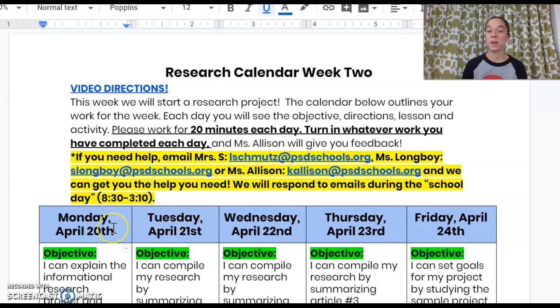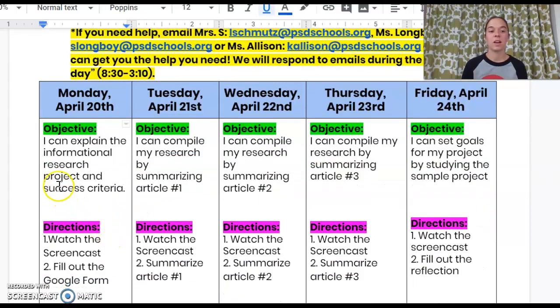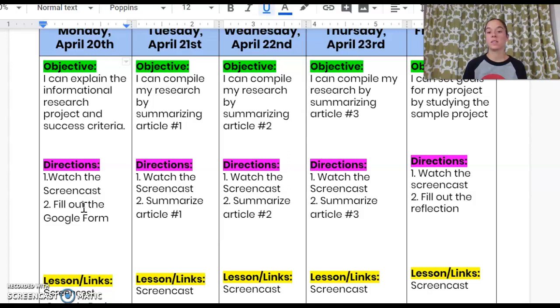All right, guys, let's take a look. We are on Monday, April 20th. Again, your objective is I can explain the informational research project and success criteria. So today our goal is to just see what does a project look like before we plan our own and